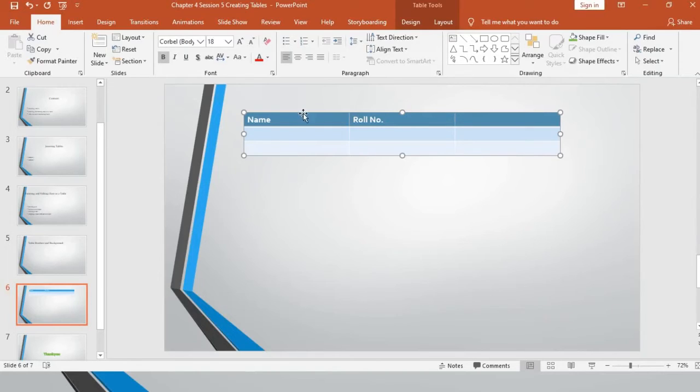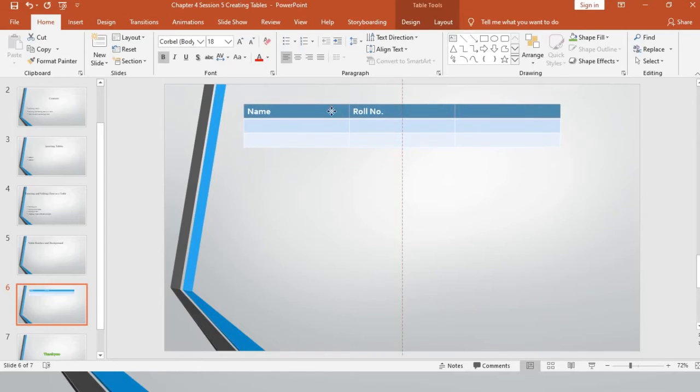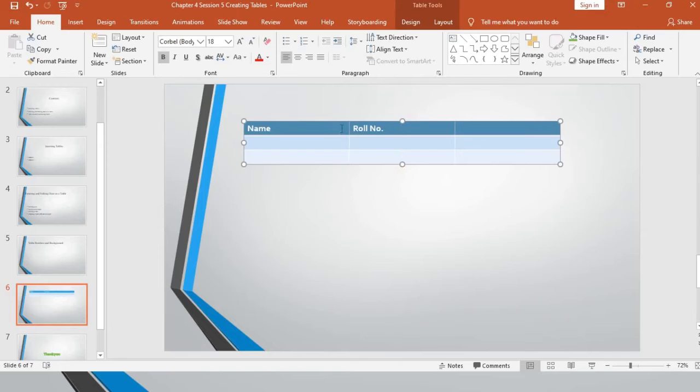When I go on this line, you can see that there is an arrow, two parallel lines with a horizontal line. Just drag and drop. With the help of this line you can adjust your row and a column. You might have seen that it's getting moved. Okay, so in this way you can adjust the column and